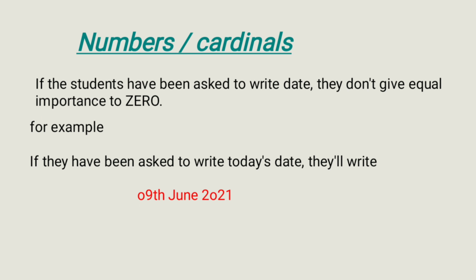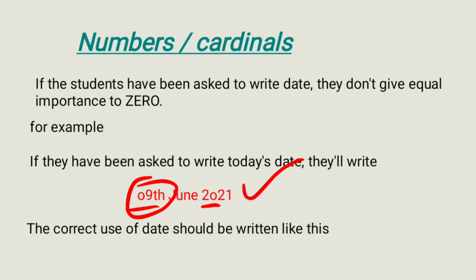For example, if they have been asked to write today's date, they'll write like this: 0 9th जून 2020। अब देखो ज़ीरो जो है वो बहुत ही क्या लिखी है ना, इक्वल इम्पोर्टेंस नहीं दी गई है ज़ीरो को। ज़ीरो जो है ये लग रहा है जैसे स्मॉल ओ लिखा है आपने, है ना।